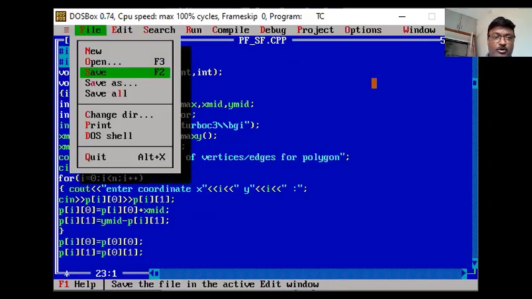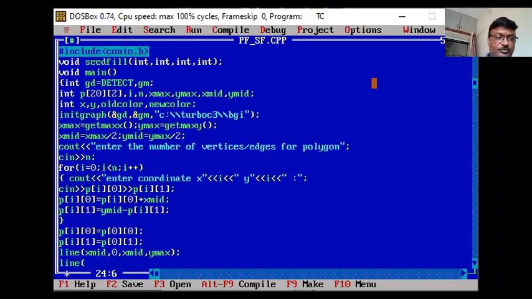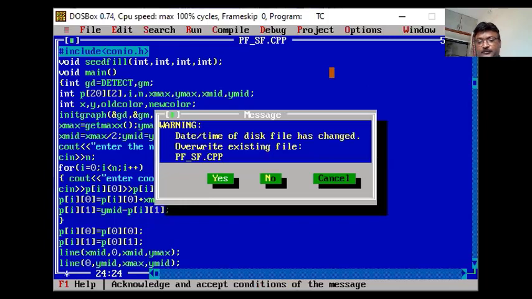Okay, I have saved this program. I am ready to draw the line for my x-axis, y-axis. So what is my x-axis? Suppose I start with x mid, comma 0, comma x mid, comma y max, the y maximum value. Now the second line, I start with 0, y mid, then x max, y mid. So what does this indicate? This indicates your x-axis and y-axis.